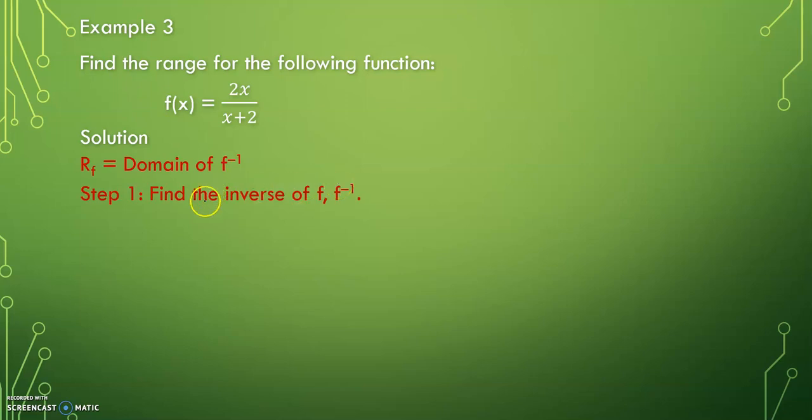So step 1, we will find the inverse of f. And step 2, we will determine the domain of f inverse. Why? Because the domain of f inverse is equal to the range of f. So bear in mind, this step only happens when we try to find the range for a rational function. So in step 1,